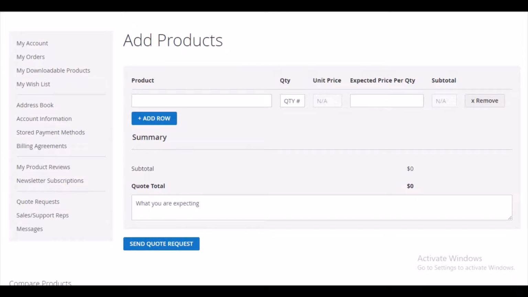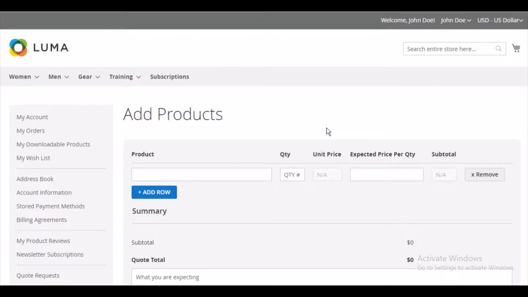So here this is the front end of the module, and from here the customer can put a quote request. The customer will have to choose a product and its quantity, and then enter a quote price for the product and send the quote for the respective product by clicking on the send quote request button that you can see at the below. So as a quote is sent,